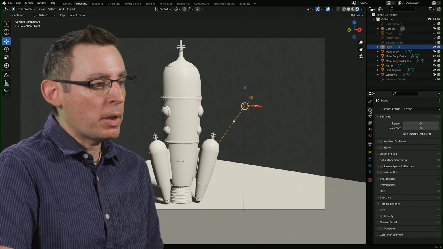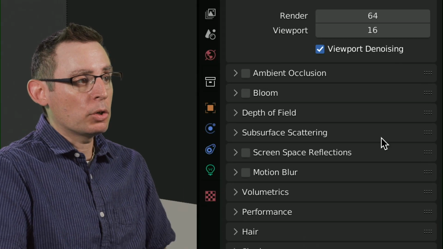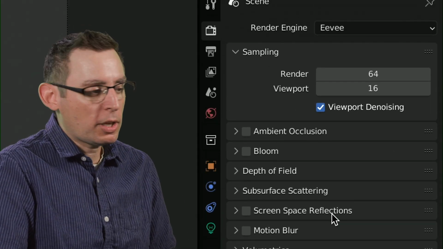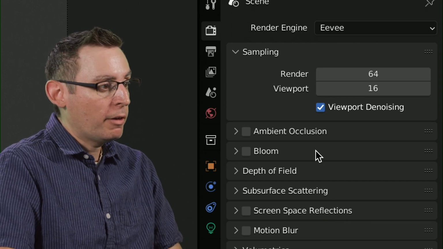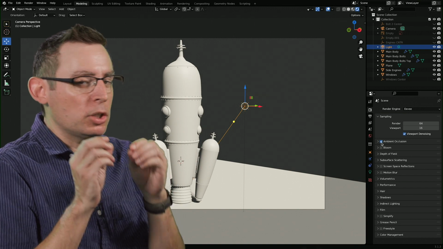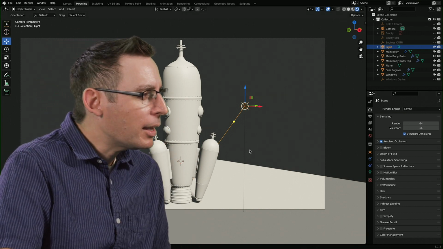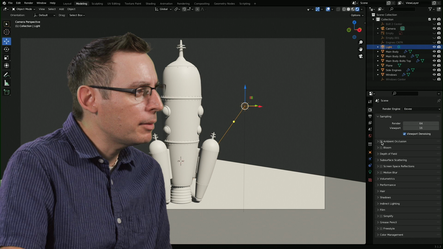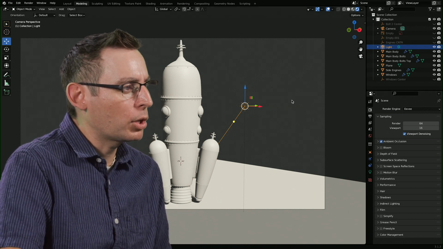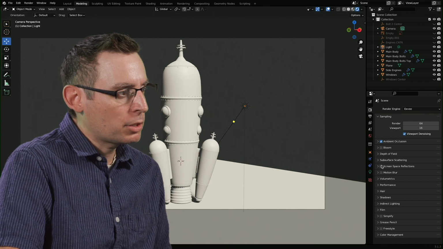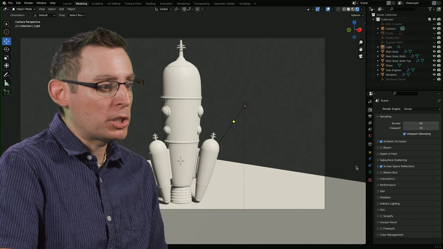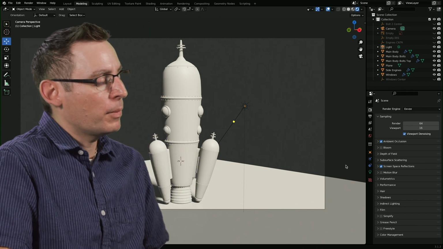There's one other thing that you may want to look at when evaluating your render. Under the render settings, which is this camera icon, there's a whole bunch of stuff in here that I would encourage you to check out. First and foremost, ambient occlusion. This is going to give us the smallest little illusion of little dark shadows. At this view, we're not seeing a whole lot. A little bit down at the engine perhaps, but overall it's looking okay. Another thing to look at is screen space reflections. Small little reflections will start to show up on your material. That's a good thing as well.